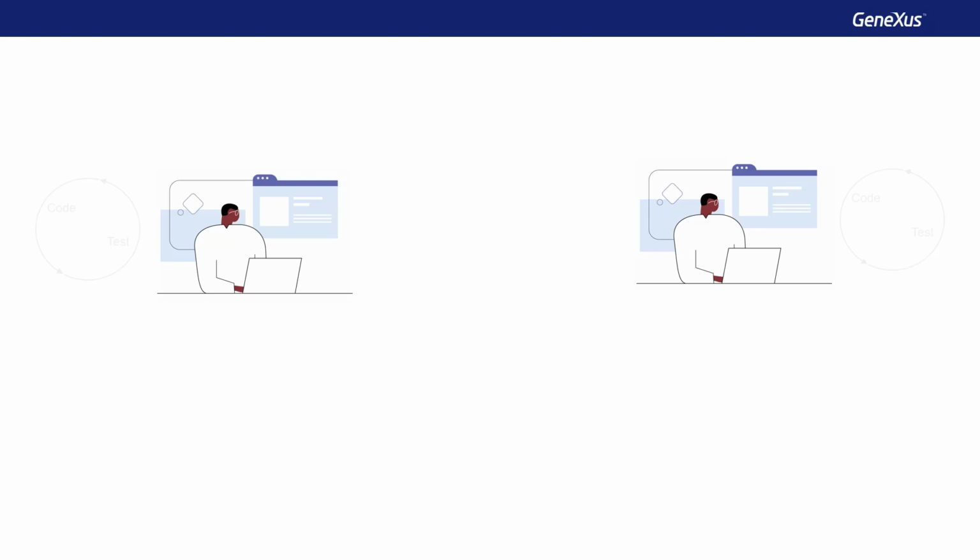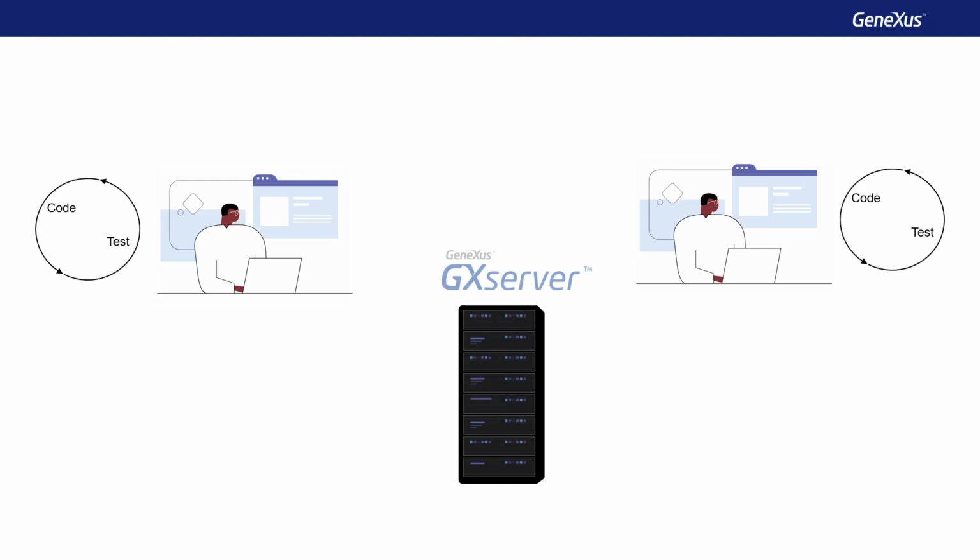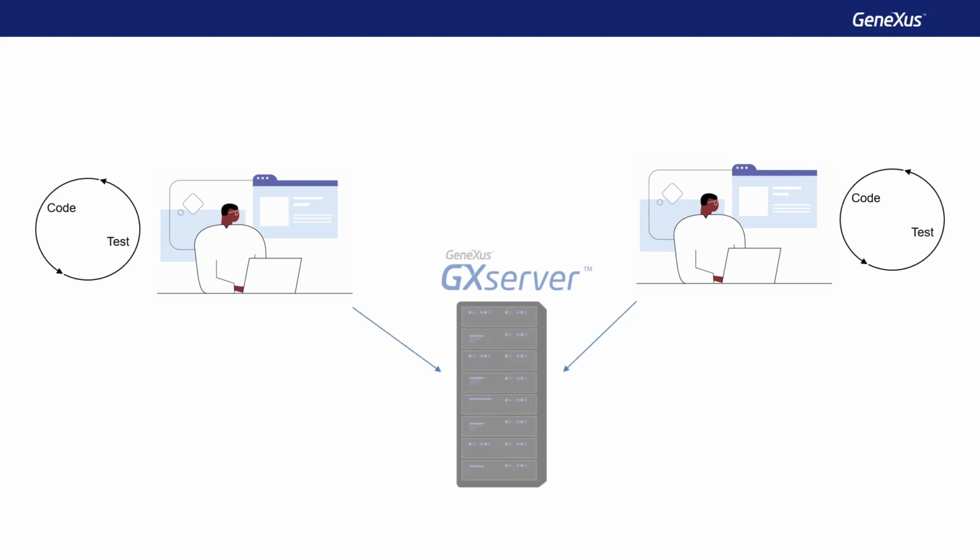Every developer works on developing a functionality within a cycle where encoding and testing is done until the objective sought is achieved. But what happens when we want to integrate the work of developers so that the functionalities they worked on are included in the app's following release? Each of them will try to upload their changes to Genexus server, but probably many conflicts will occur, particularly if the developers worked independently for a long period of time. They may have defined objects with the same name but for different purposes. Or maybe one of them modified existing objects by removing functionalities on which other developers are relying.